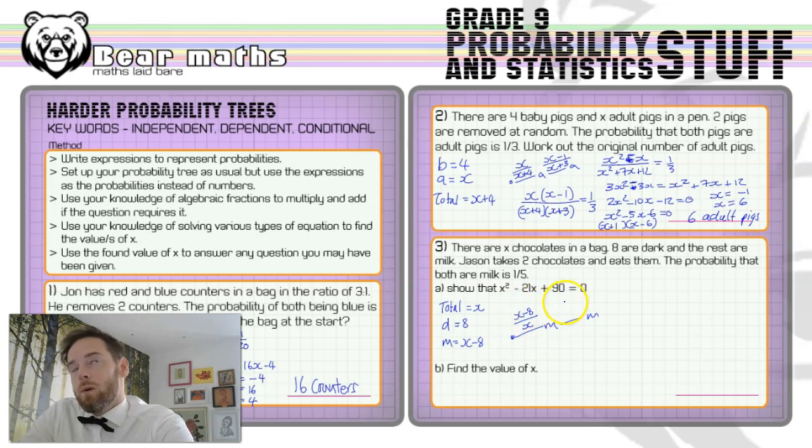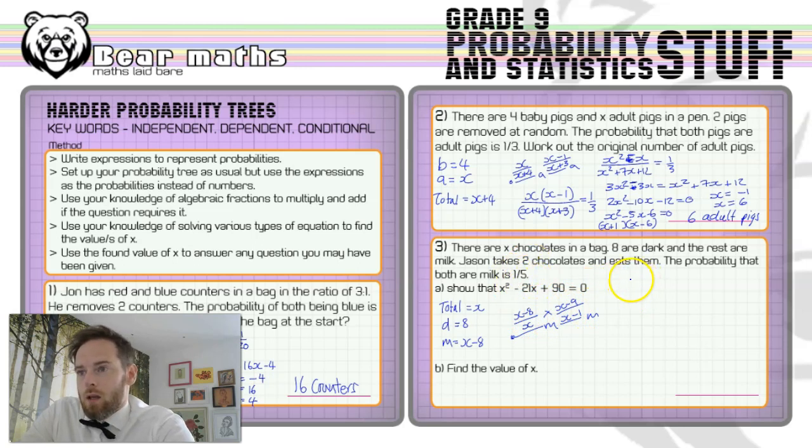So if you take away another one from x minus 8, you're going to get x minus 9, because we took a milk one on the first go, out of taking one off of the x there, x minus 1. All right, we're going to multiply those together. That is going to give us our expression, which is going to be equal to